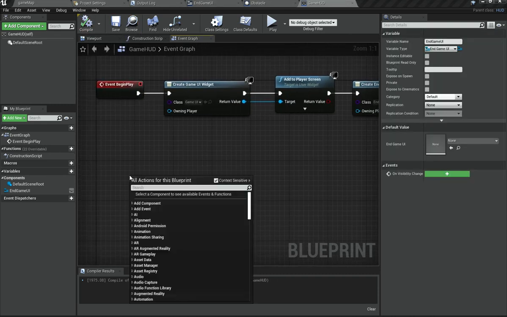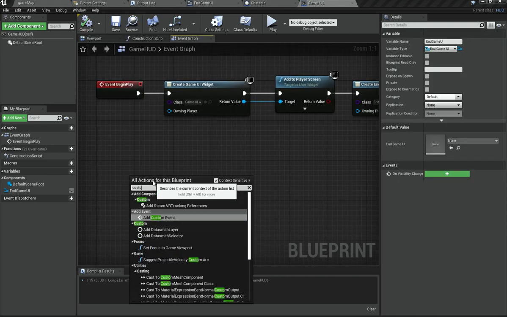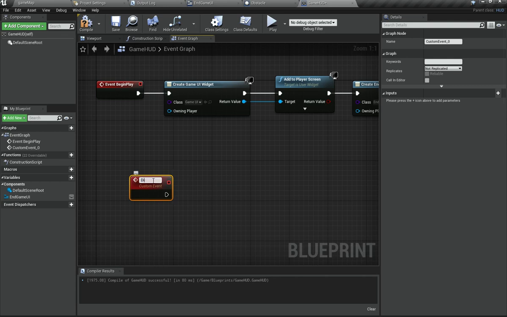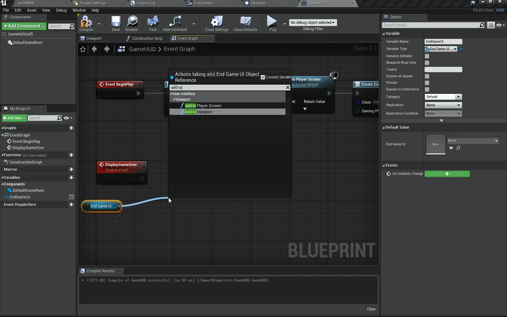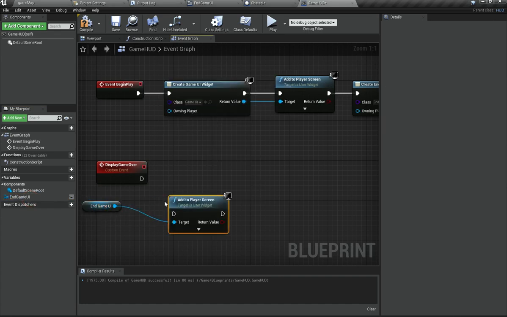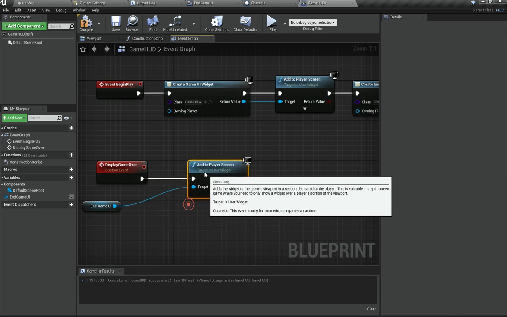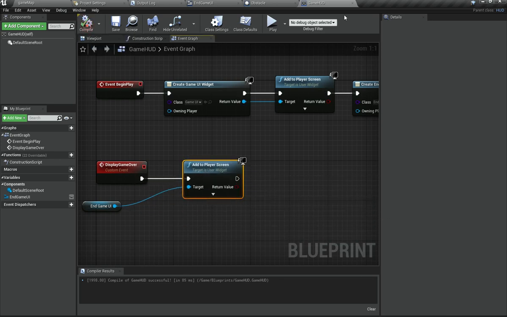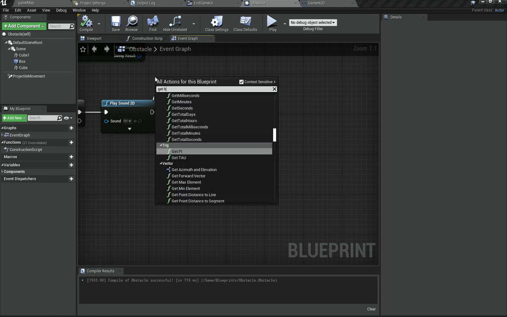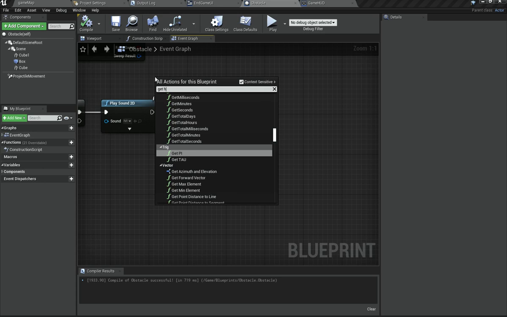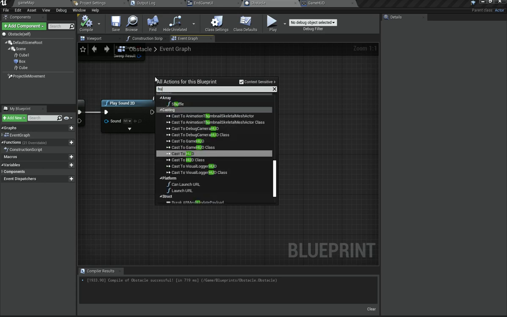So what we are going to do is add in a custom event here, and let's call it display game over. In here we are going to get our end game UI and add to player screen, and let's implement that and hit compile. And what we need to do is call this method. Now if I try to get to the HUD, it won't work. So we need to first get